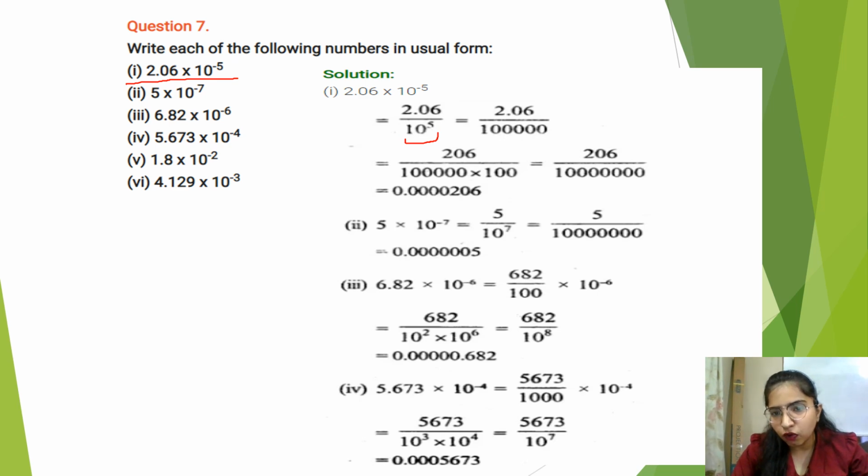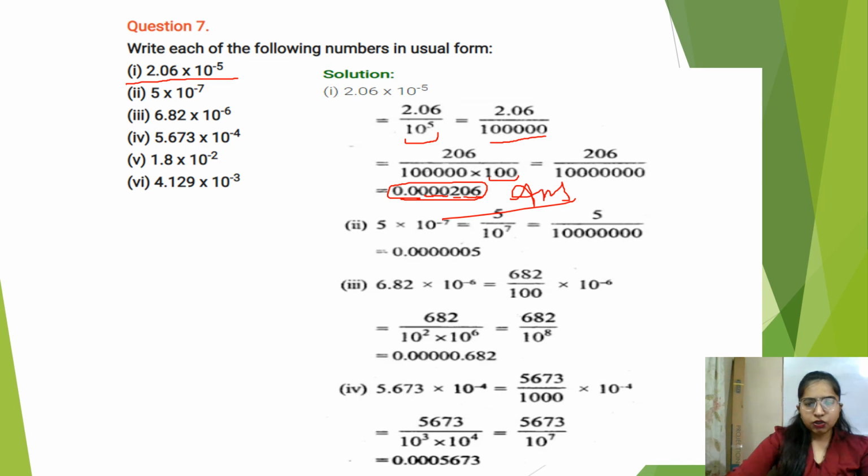And you can open 10 raised to power 5: 1, 2, 3, 4, 5. 5 digit zeros are here. You should open it. And after leaving 5 digits, you have to place the point, right? And it is 2.06 now. You should open this also. You have to remove the point, multiply it by 100. Total zeros will be 10 raised to power 5 and 2. It will be 7. Now just count 7 digits: 1, 2, 3, 4, 5, 6, 7. 7 digits you have to count from the right side and place a point. This will be the usual form answer. Clear all of you? It's too simple. Okay, you can try this.